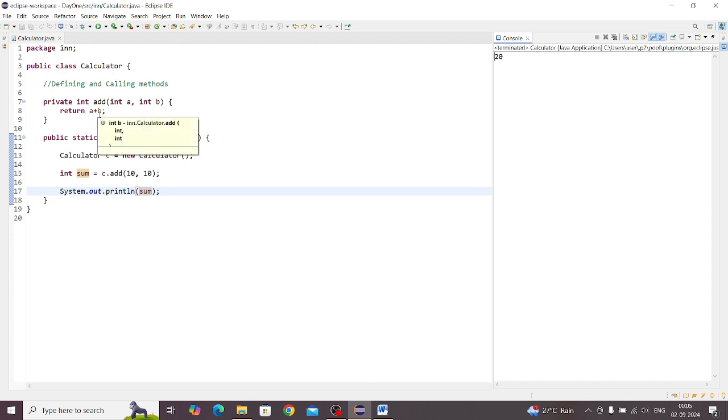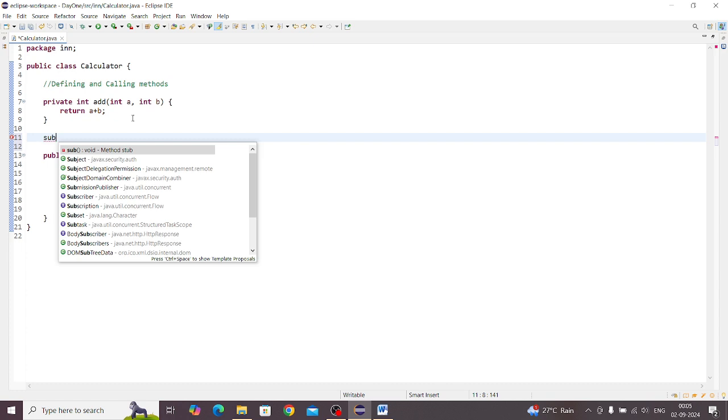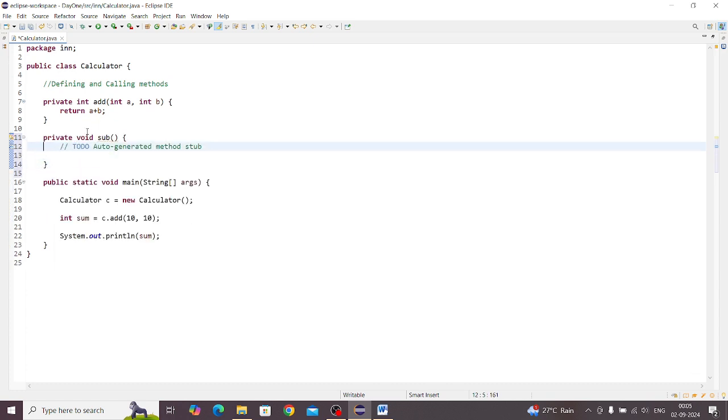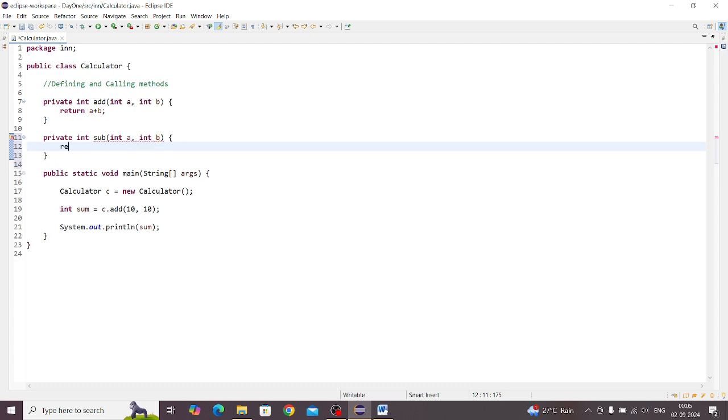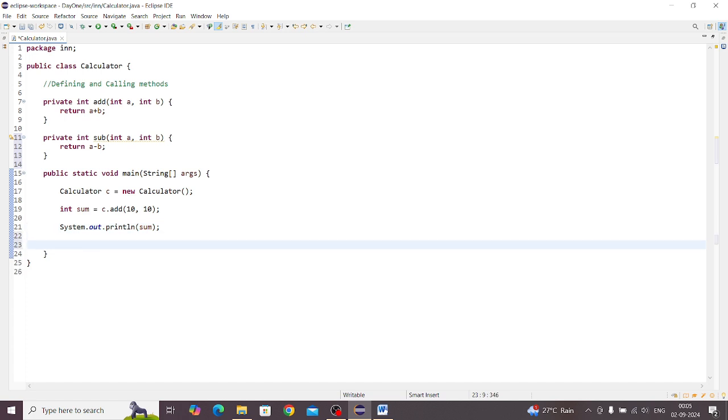You can create an instance of Calculator and call the add and subtract methods. So we call the adding method and print the result. Here I'm going to write the subtraction method. Here also I'm going to give int, with two integers, int a and int b. Here I'm going to return a minus b. Now for the subtraction I'm going to add difference here, which is c dot sub,